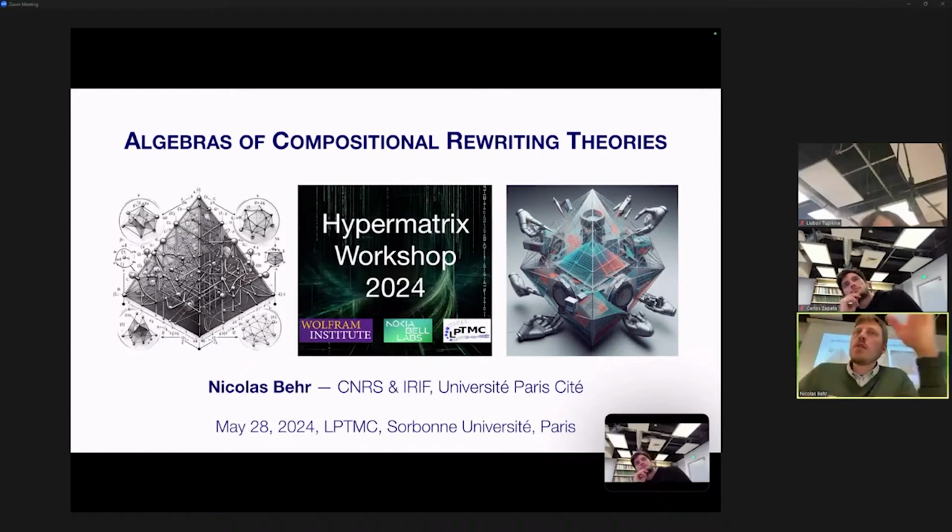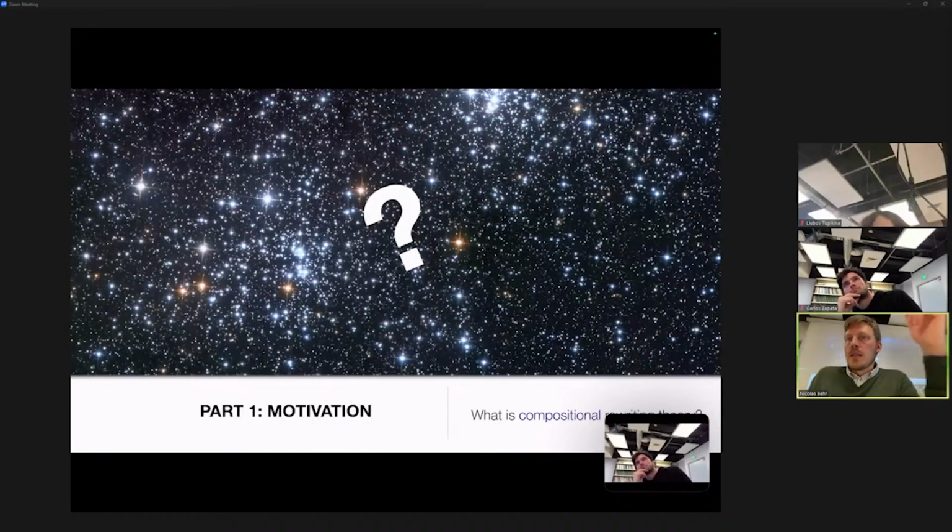And so what I will tell you today is how a so-called compositional rewriting theory more or less automatically gives rise to certain algebraic structures, which could be of interest. And so of course, the first question is, what is compositionality itself? It is a technical term. There are philosophical versions of that term, but I'm going to talk about a certain mathematical sense.